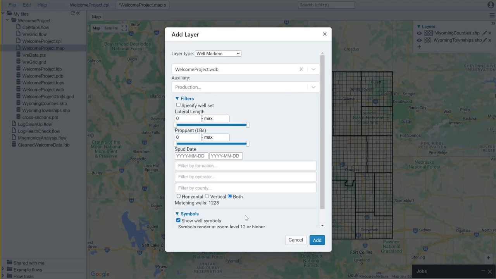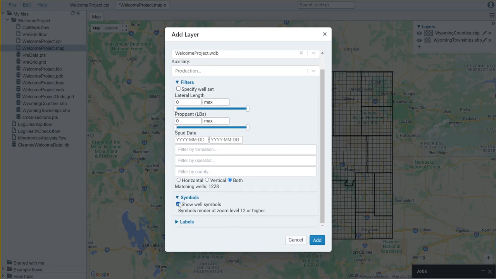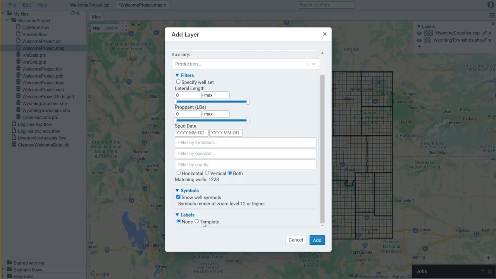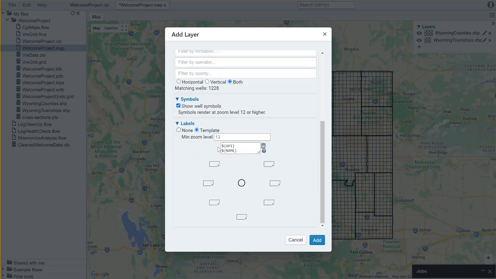We are going to choose to render well symbols, and this will happen when we zoom in to a certain zoom level. And we're going to also choose to add labels. In this case, I want to see the API number and the name, and instead of seeing that above the well, I'm going to display that below the well. Now I'll click Add,